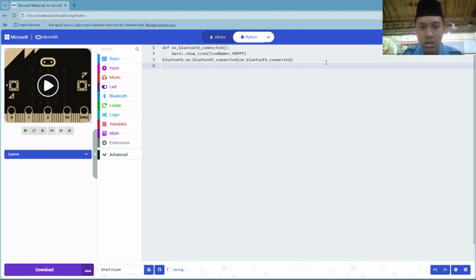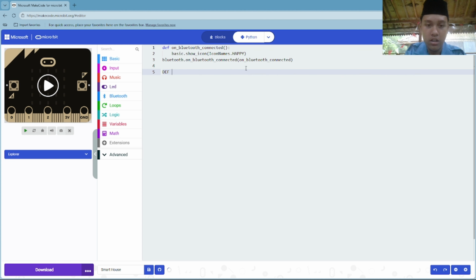The meaning of this code is: on Bluetooth connected, the LEDs in here will show a happy or smile icon. Next, now making the disconnected one, because before we already made the connected one.